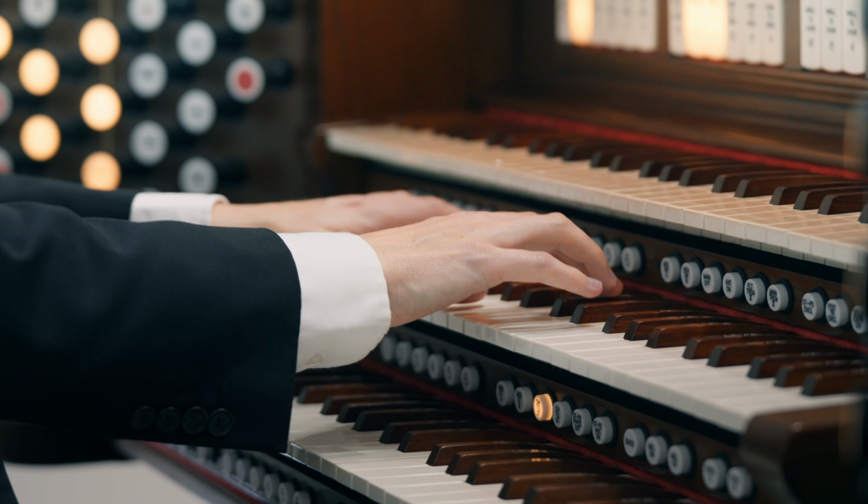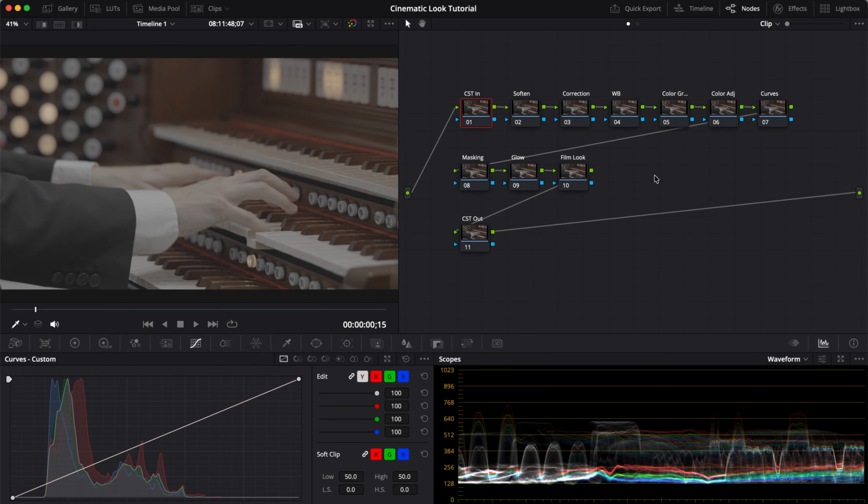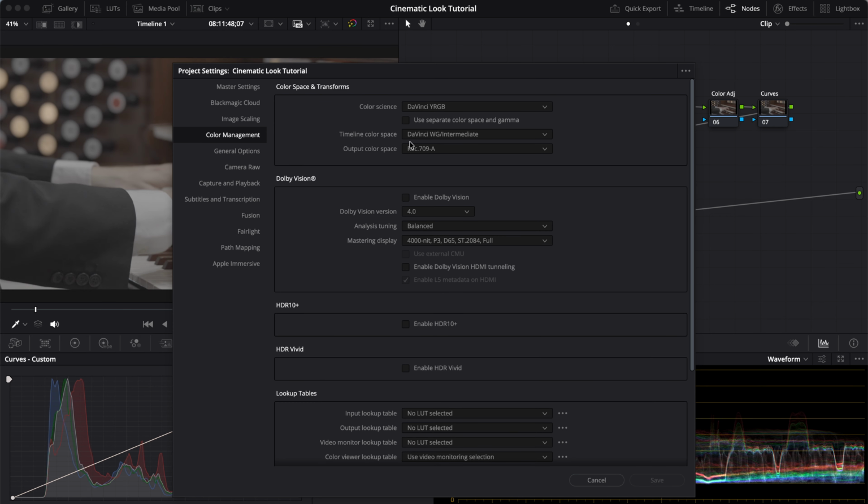In this video, I'm going to be showing you how to easily create this cinematic look. To begin, we're going to set up our project space to how we like. So first, you're going to go down to Settings, go to Color Management, and change the color science to DaVinci